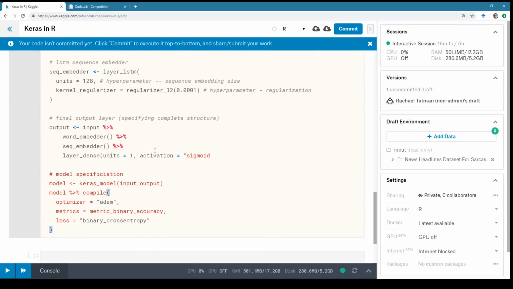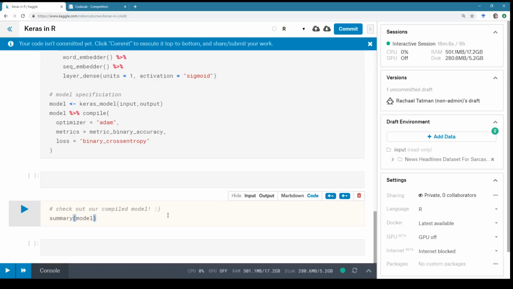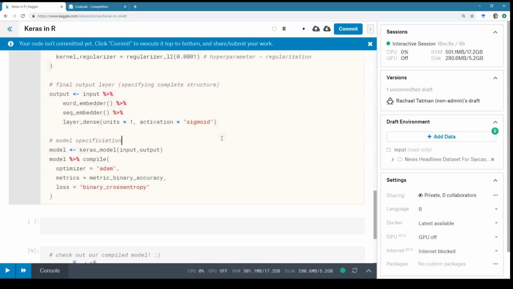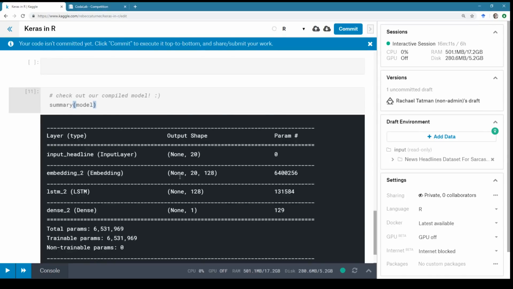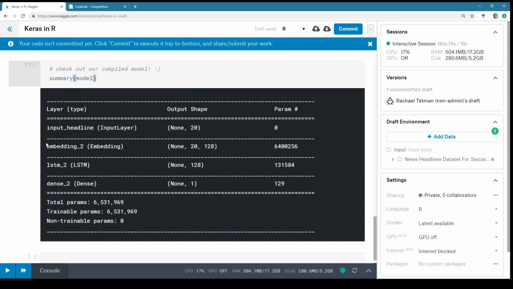And then we had our little summary of our model. So we can see that there is the input layer, an embedding layer, one LSTM layer, and then the final layer with the sigmoid activation that takes our network and gives us a prediction.